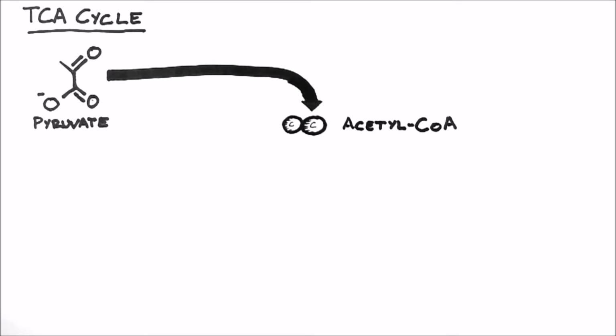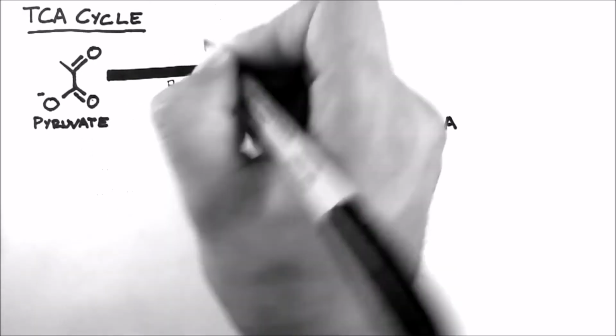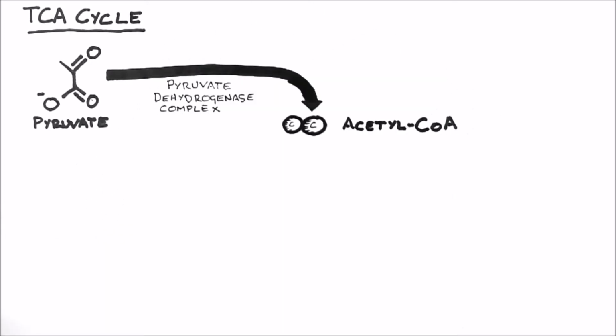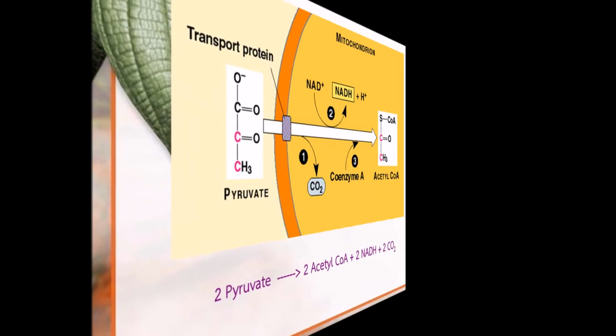This conversion happens via the action of 3 enzymes, collectively known as the pyruvate dehydrogenase complex. When you see the word complex after an enzyme, it usually means there are multiple enzymes involved, but they are functionally considered as one. As we saw in the glycolysis tutorial,